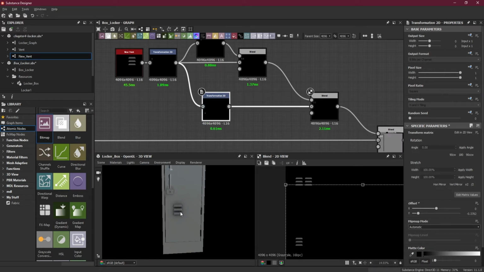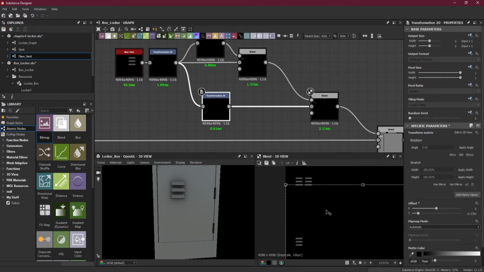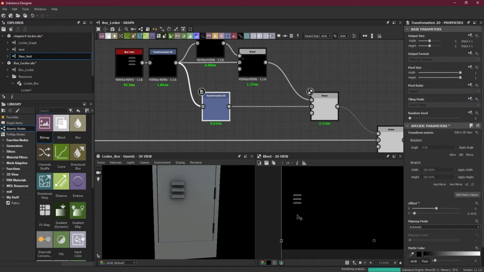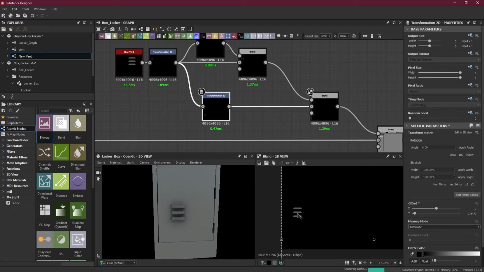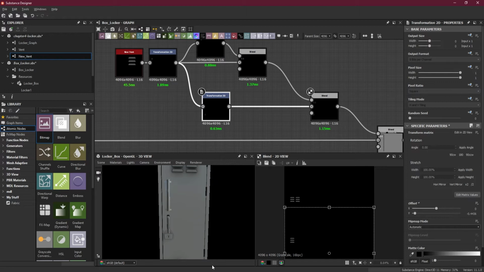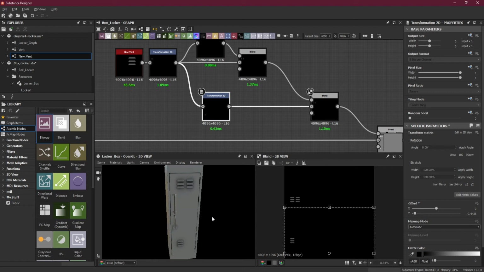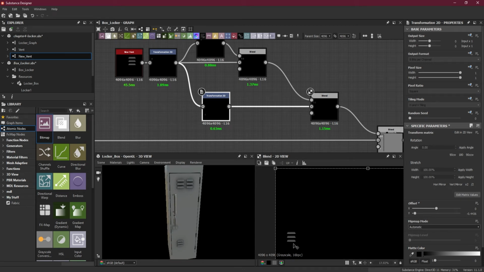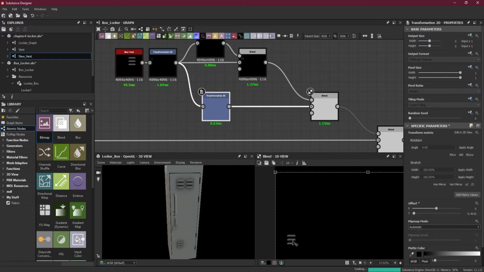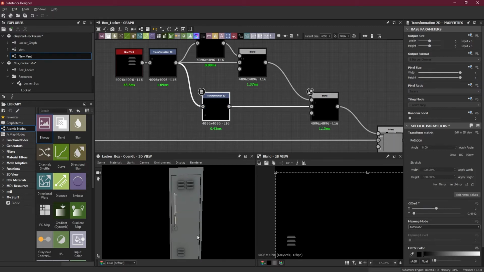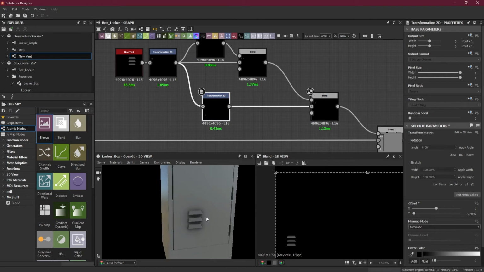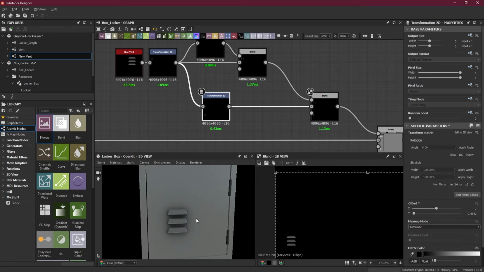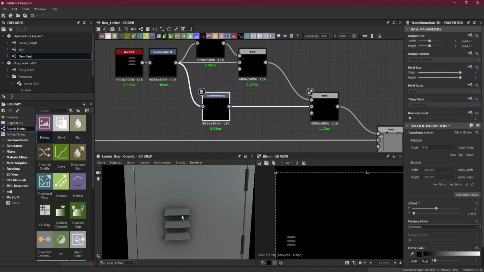So I will bring it somewhere on the bottom. You might have seen some lockers that do have two placements for the vents. Sometimes it is on the bottom as well and on the top end as well. So on this locker we'll do the same thing. Let's balance it out. Let's not put it on the same spot or with the same distance, but quite different. Now on the bottom one, I want this to be kind of longer,